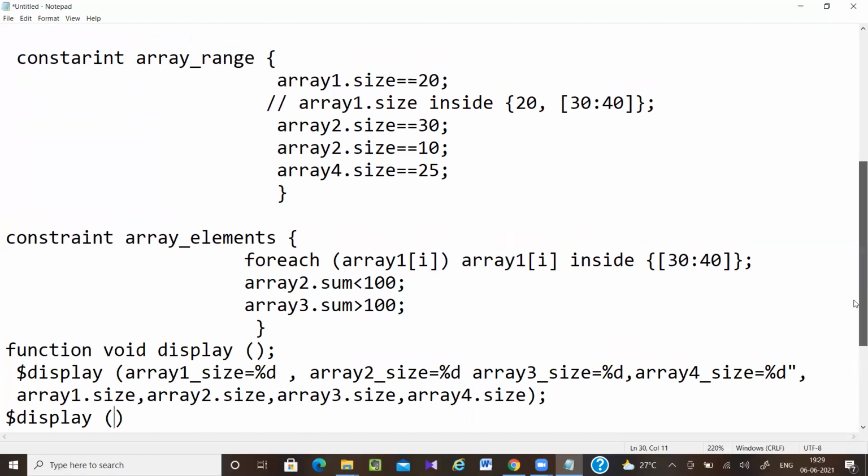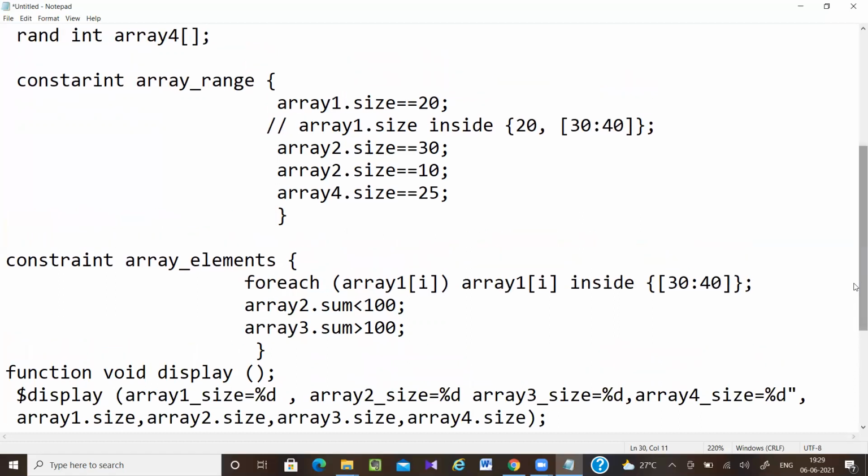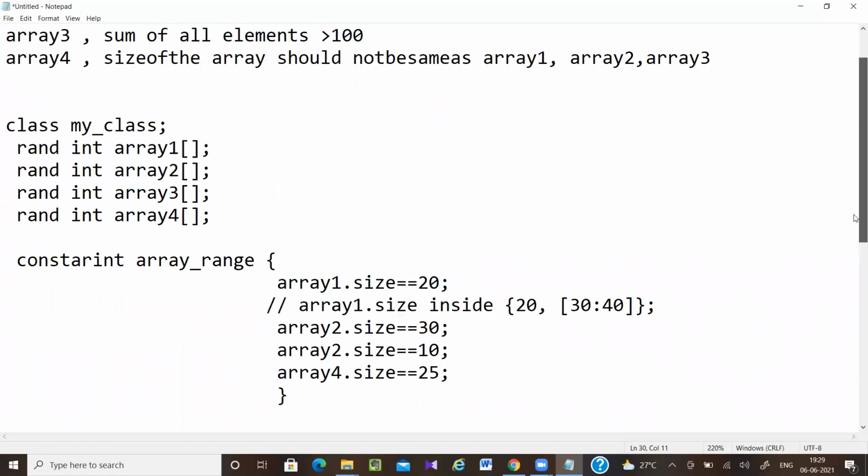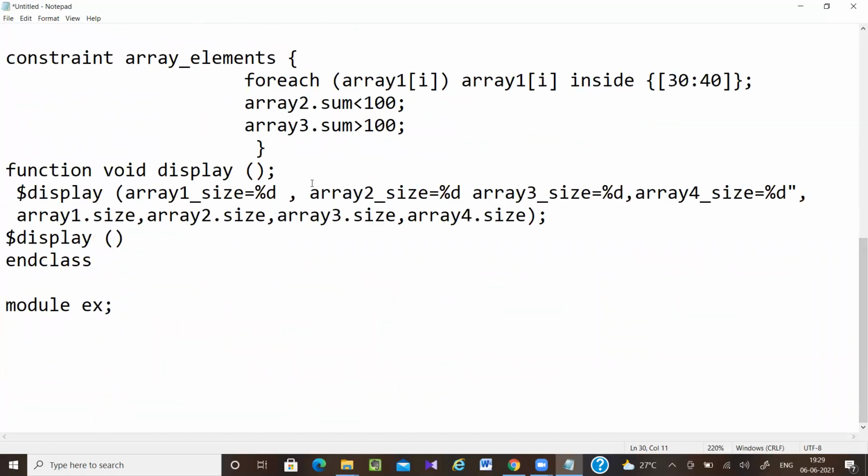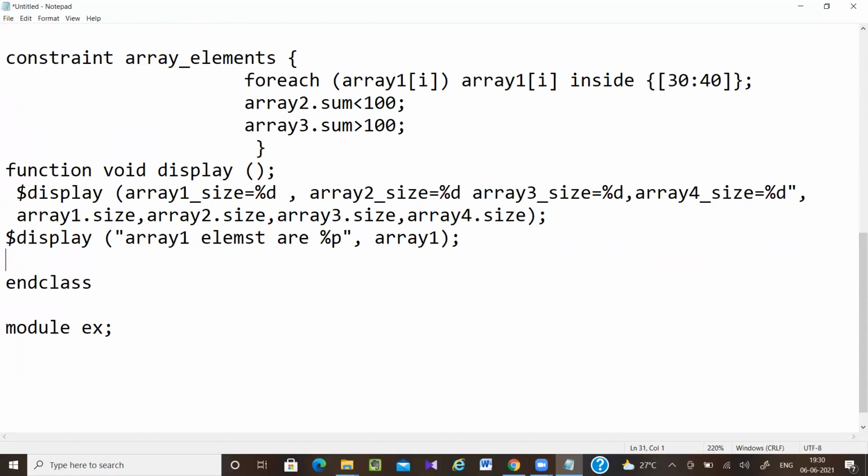Now I want to know the sum of all elements of array 2 and array 3 and all the elements in array 1. So display array 1 elements are, array 3 sum, array 2 sum.